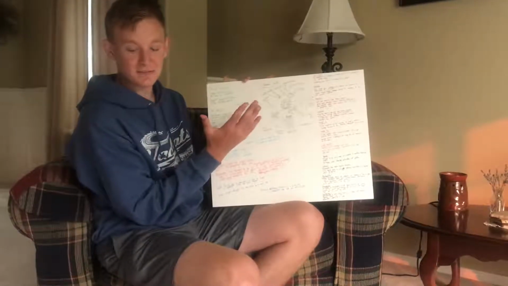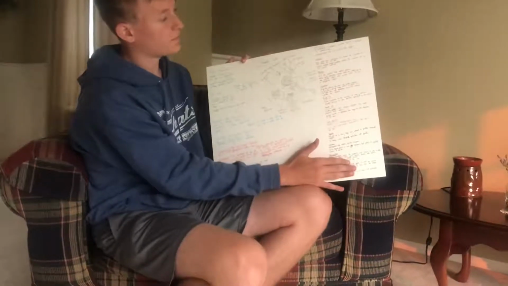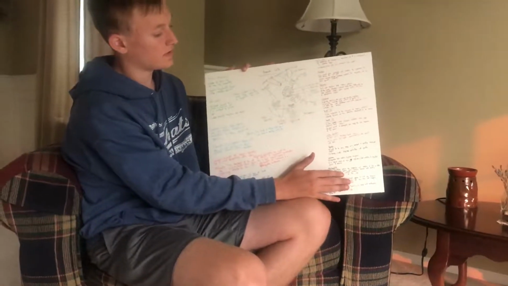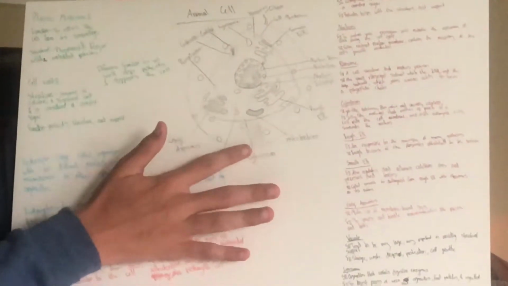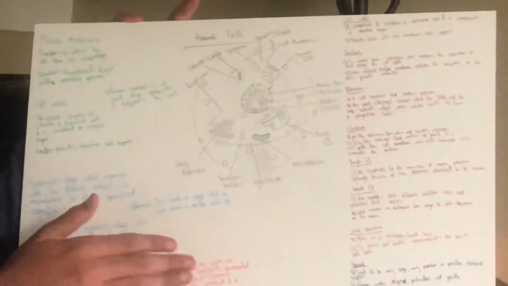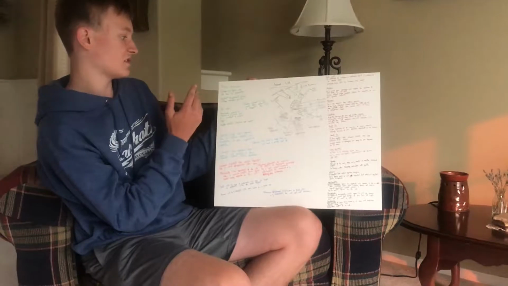Okay, so I did my summer homework assignment for honors cell bio, and I defined the structure and function for the list of items here and told the difference between these items here. I also drew an animal cell right here instead of a plant cell and included all the things and labeled it. So, plasma membrane, the function is to protect the cell from its surroundings, and the structure is